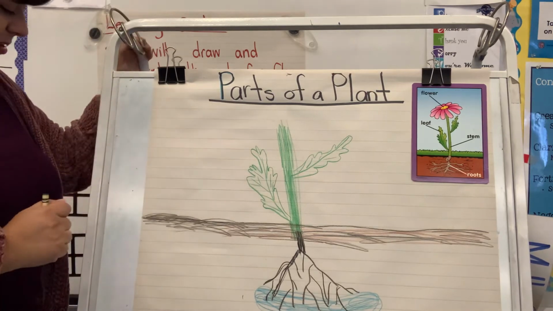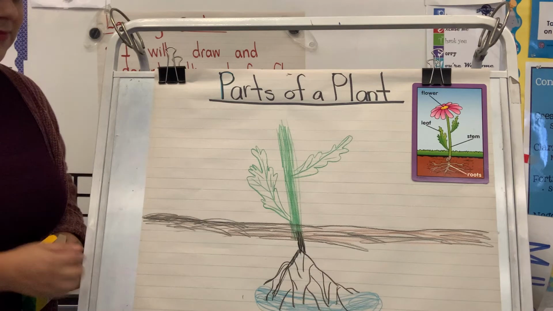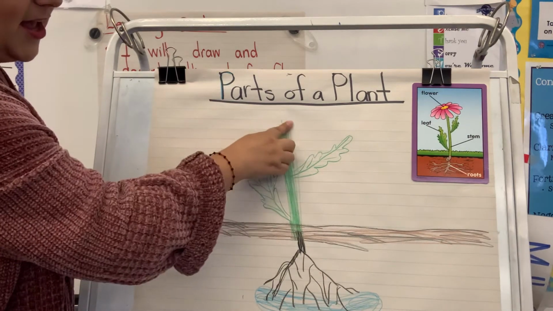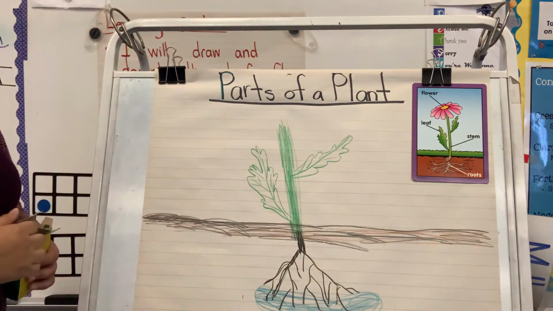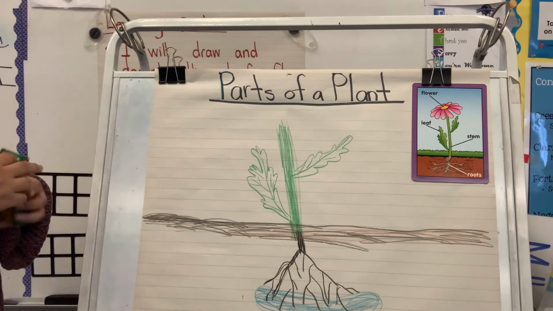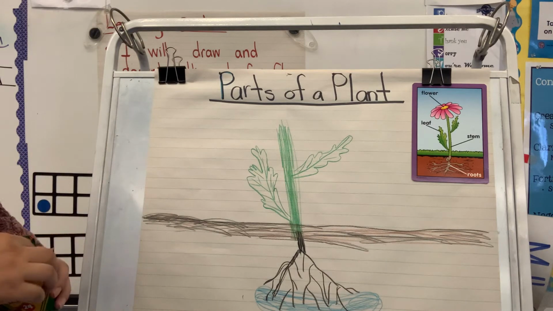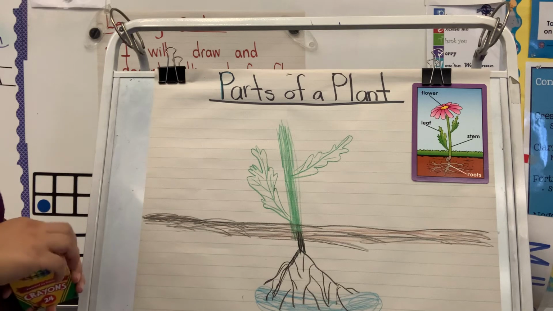What is the last thing we're missing on the flower? Oh, the actual flower. Oh, yeah. So this is a daisy. We're going to draw a daisy. Daisies can be red, yellow, orange, pink. So I will do mine